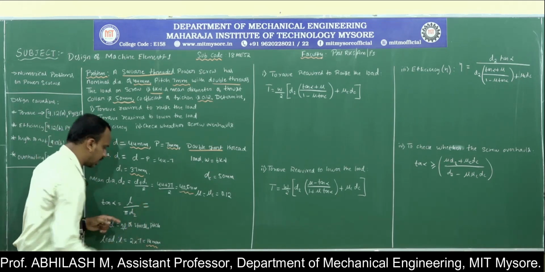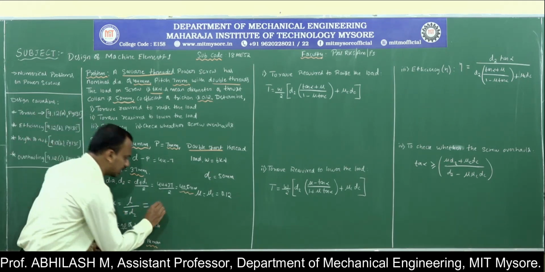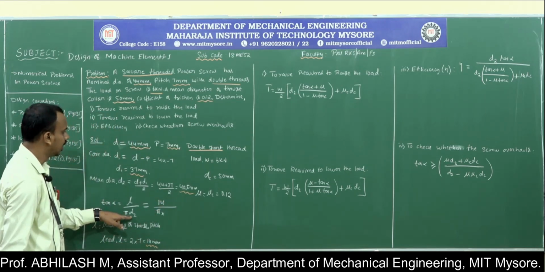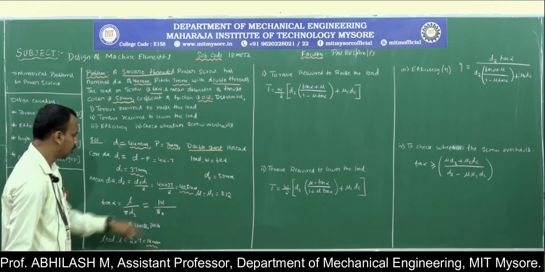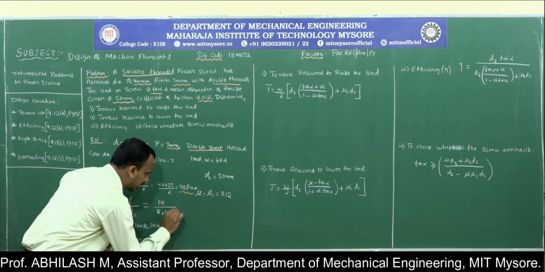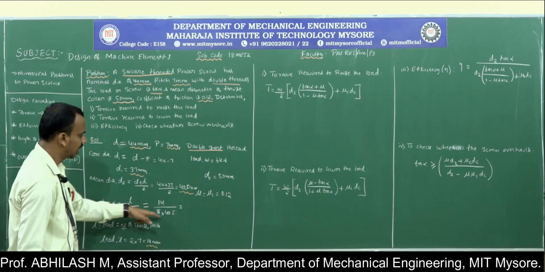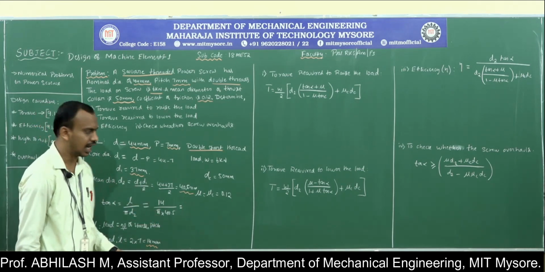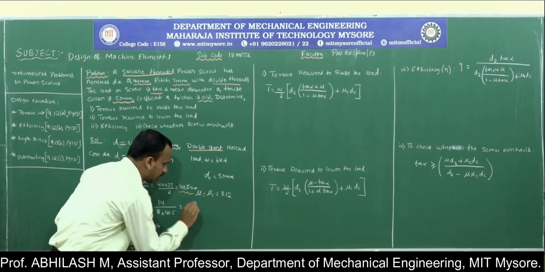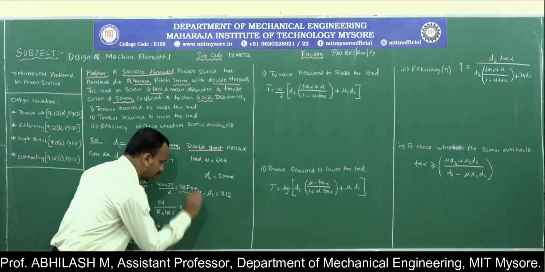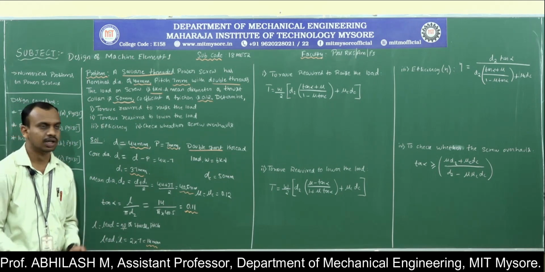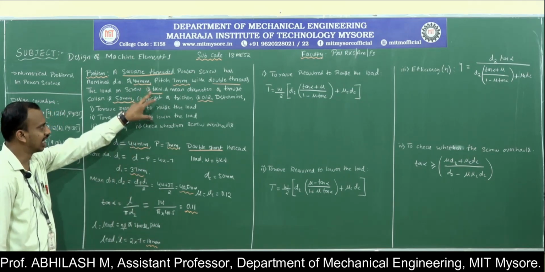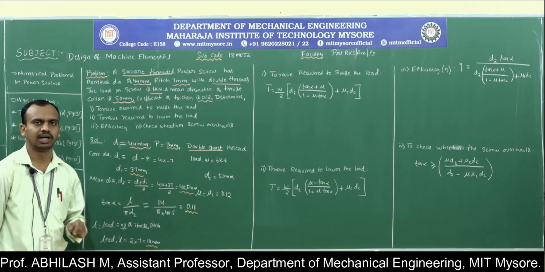Similarly, I can calculate now the tan alpha. The lead is 14 divided by pi into D2. The D2 value is 40.5, which we have just calculated. So the answer is 14 divided by 40.5 into pi. After doing the calculation, we are going to obtain the value of tan alpha to be 0.11. So this is the fundamental step that we are supposed to do in all the problems. After reading the data, just try to bring down this for this particular condition.